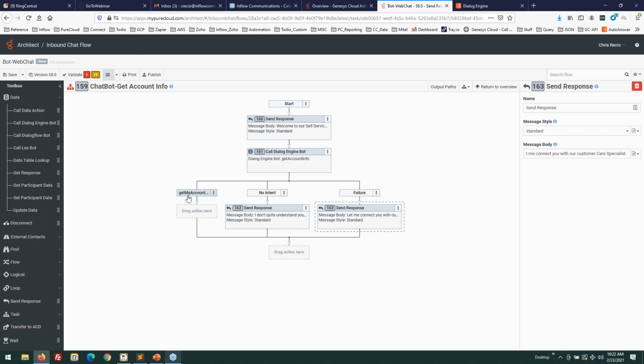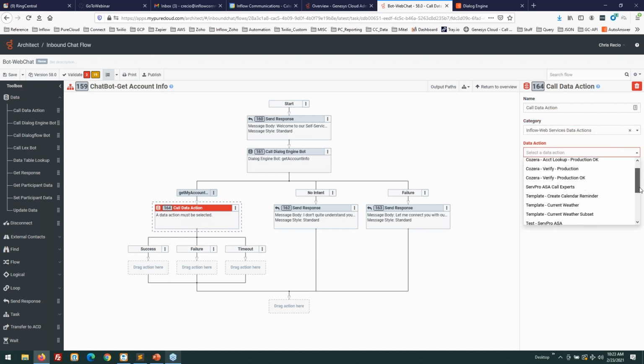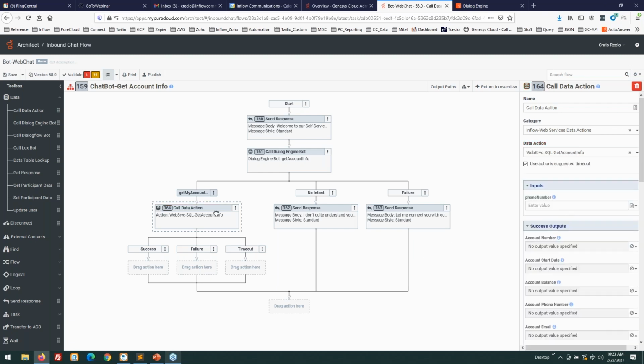Now the critical piece here is you see where we have get my account info. The next thing we want to do is once we've asked the user for their data, we're going to call our data action that I pointed to. So now here on the left, I'm going to drag get call data action. You'll notice on the right, what pops up right away is that I have to select which data action I'm looking for. And so I point to the one where the web services that we were just playing with is right here, web services SQL. Now, what's automatically going to happen on the right-hand side is to say, great, I see from the bot, you've asked them for the phone number. How will I collect that phone number?